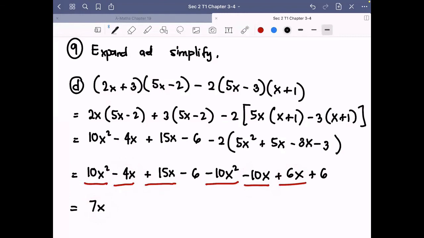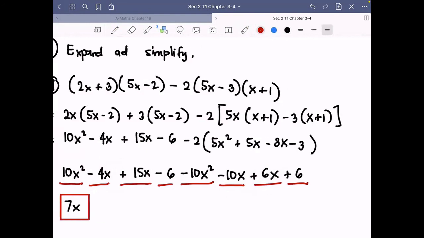And then lastly, what do you get? You have negative 6 and a positive 6. So again, it's 0. So basically, after all we have done, we only got 7x as our answer. All right, so that's